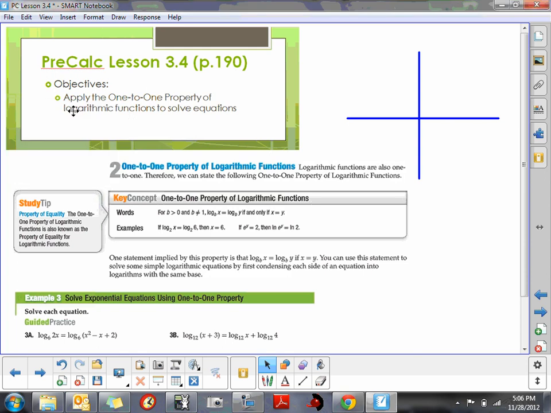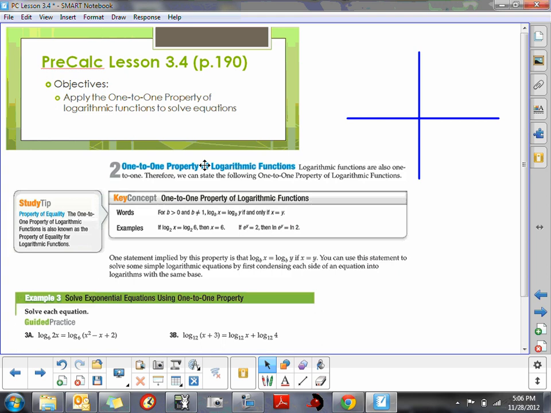In the next part of our lesson, we're going to apply the one-to-one property of logarithmic functions to solve equations. The one-to-one property of logarithmic functions looks very similar to the one that we've had for exponentials, but we're going to look at it in terms of logarithms. At this point, I want to hopefully connect the dots between these relationships between logarithms and exponentials and this whole